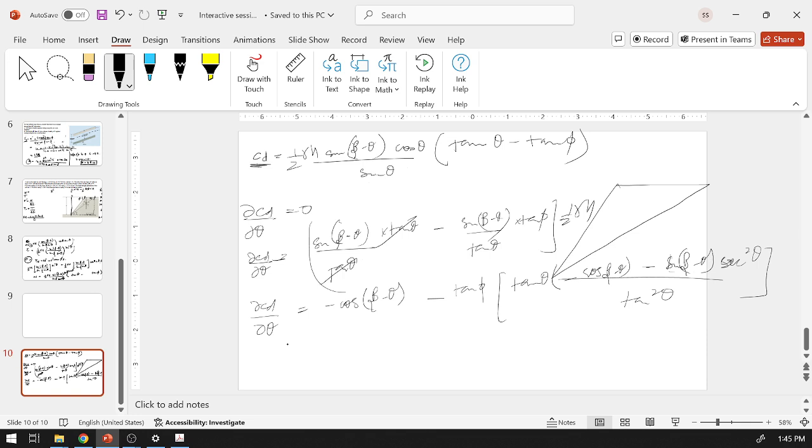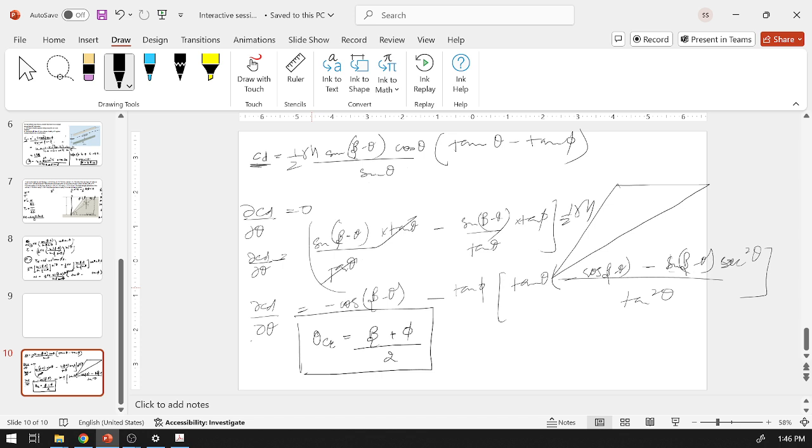So if you equate it to 0, finally you will get a critical theta, beta plus phi over 2. This will be the critical angle,